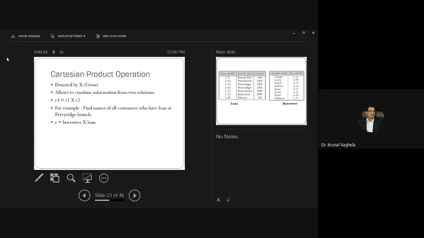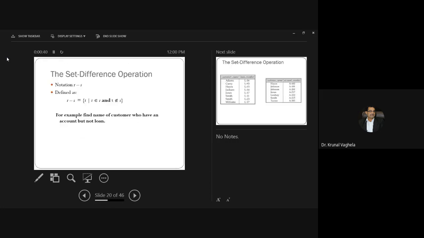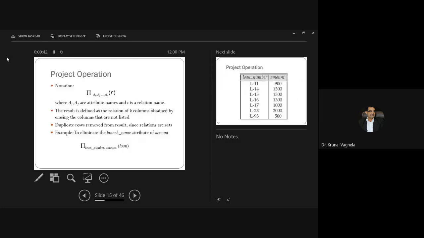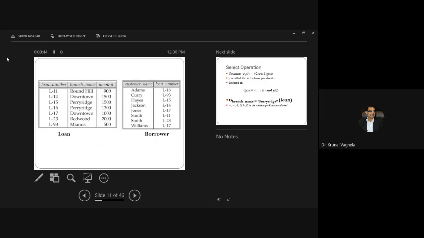Now see the query: find names of all the customers who have a loan at the Paris branch.